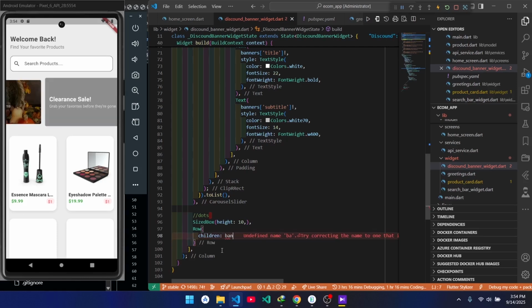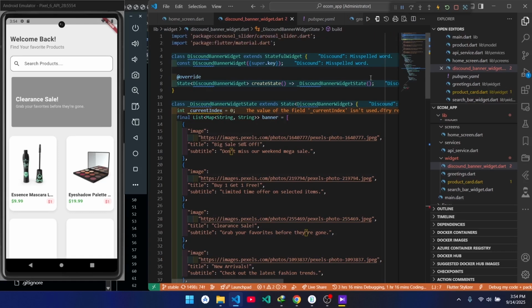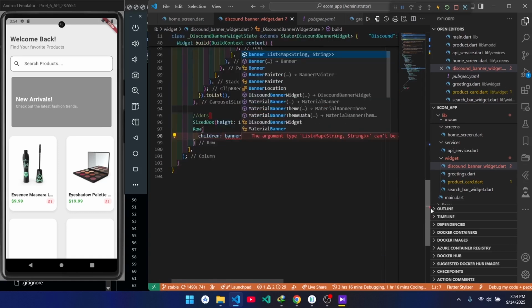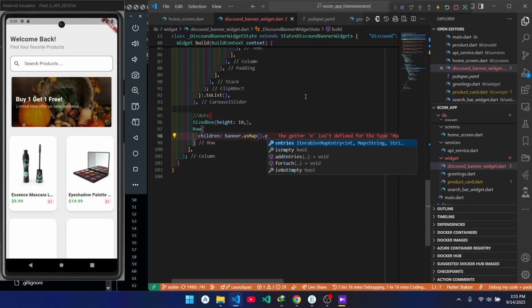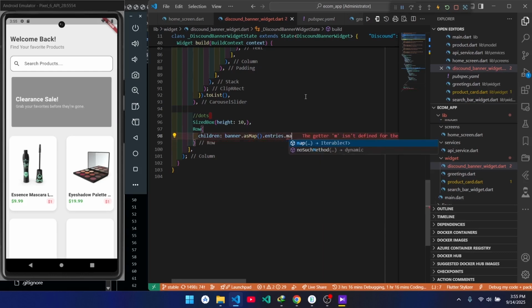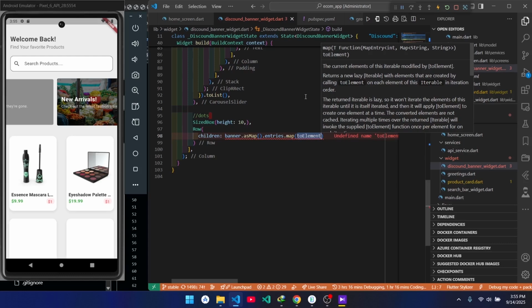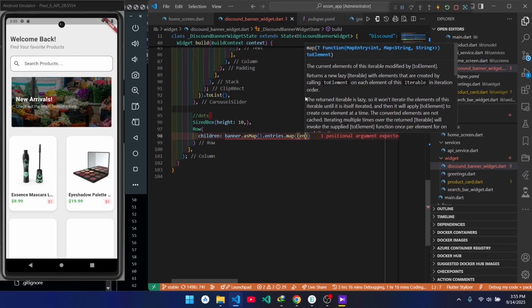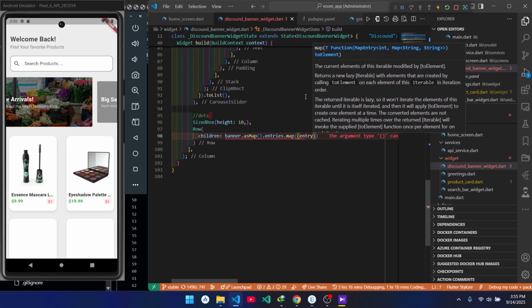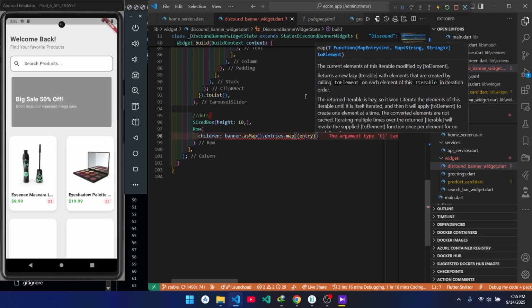or banner, because we actually named this as a singular thing, right? So banner.asMap, right? Then we get the entries, right? So from the entries we map. So this is where we get the map. Then get the entry. Then here we do this,